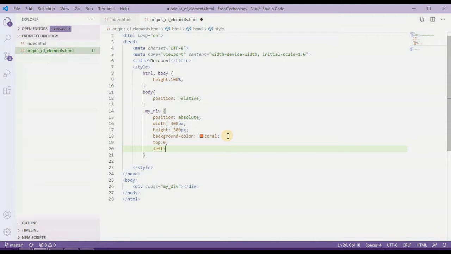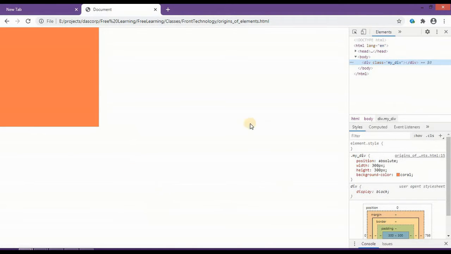Now left is also 0, which we have also already seen. Now if I am telling you that let's make this div element in the center position of this whole screen size. So there are many ways to make this div element in center position, but one of the most famous or preferred ways that most of the fresher developers, or you can say the amateur developers, prefer is to take it to the left as 50%.